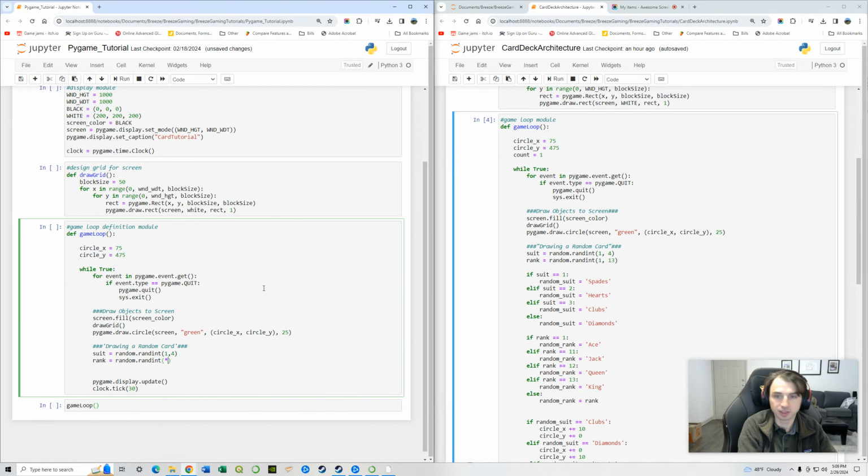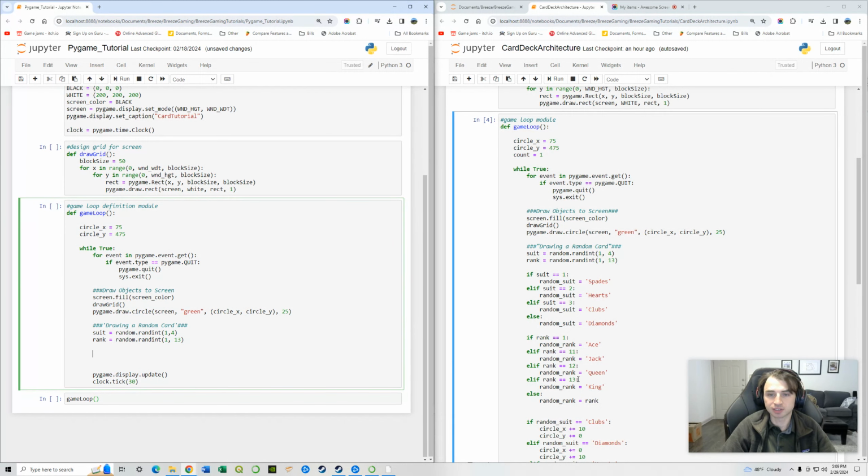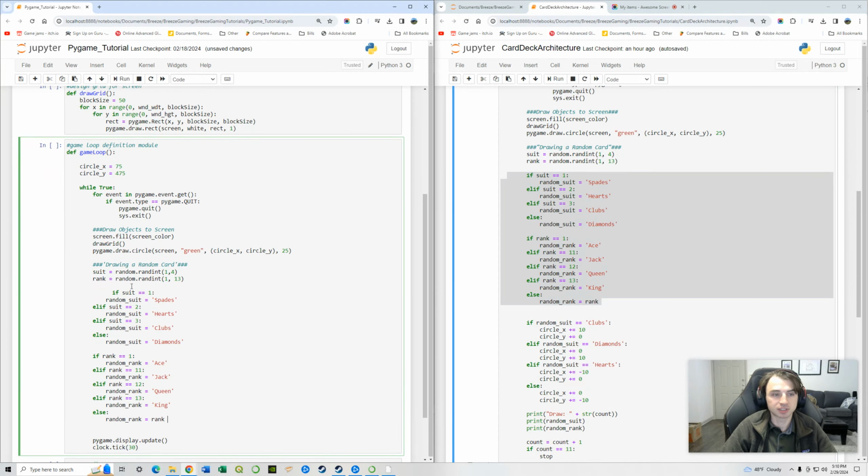If I can spell, and then we're going to do 1 to 13. What this is going to do is set up a selection of a random number from 1 to 13. Instead of spending the whole time writing all this, I'm just going to copy it over, so I'm not spending the whole time typing. But essentially what this is doing right here is